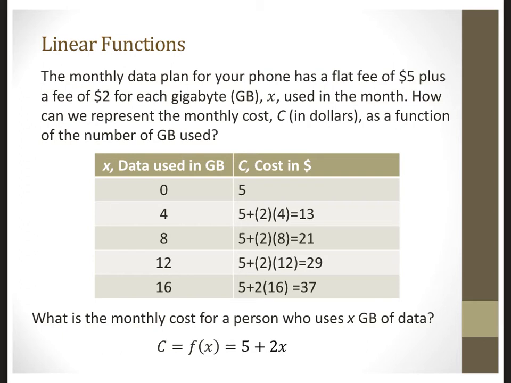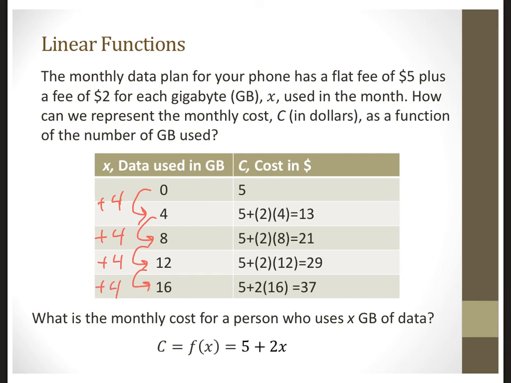So here we started with the relationship described in words up here. We were able to construct a table from those words, and in the process of constructing that table, we could generalize those calculations and come up with a formula. And one comment I'd like to make at this point is, looking at the table, what we can see, for example, is that every time we increase x by 4 gigabytes, which is how we completed this table. So when I go from 0 to 4, or from 4 to 8, or from 8 to 12, etc.,